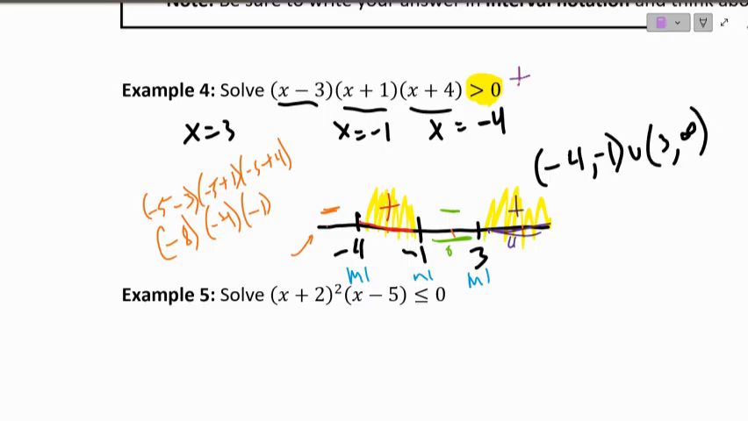If it's greater than or equal to, anytime you're at a 0, you'd put a square bracket. So this answer would look a little different. It would just be square brackets for everything but the infinity symbol. Okay. The second way you can do this, you still started off exactly the same as I did, but if